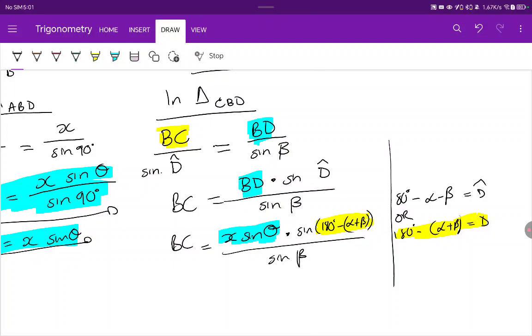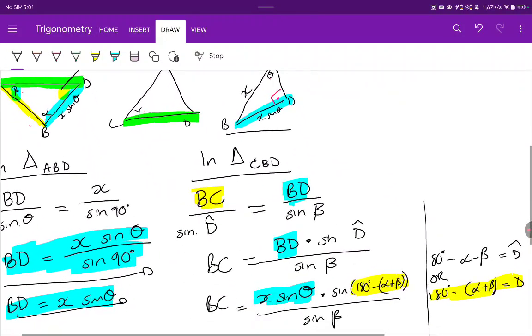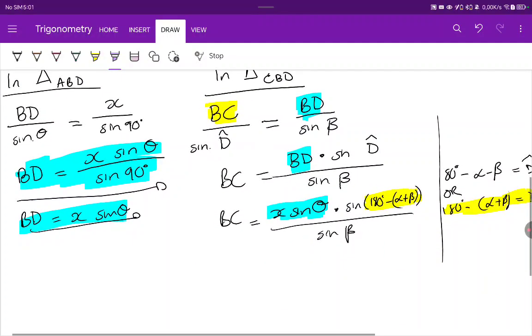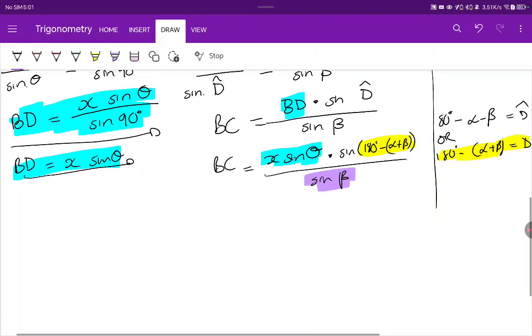Does this look like what we wanted yet? Not yet. Okay, so that sine of beta is fine because it's here. So we can go like purple. That's there. So that's fine. The only thing is now that yellow one isn't quite what we want it to be. So now if you're using your reduction formula, you will know that, let's keep this X sine theta